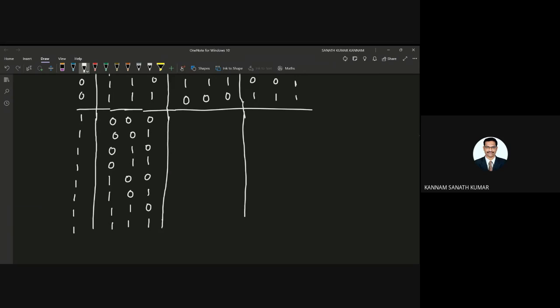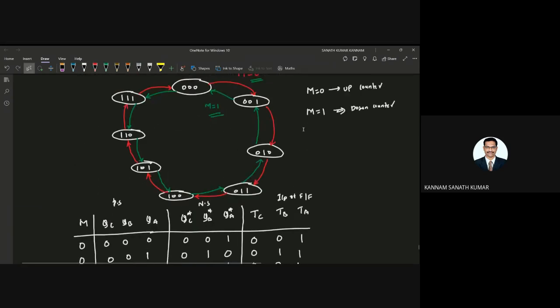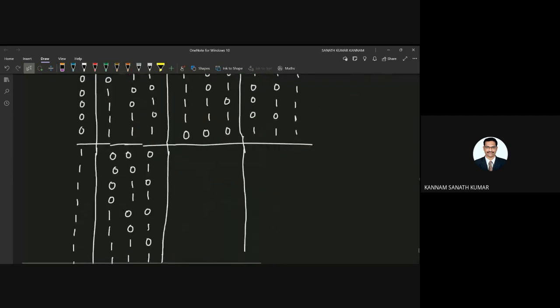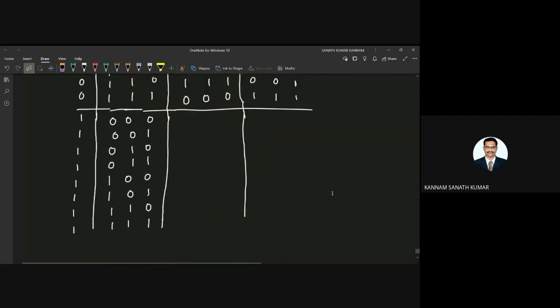So if you see this one, when it is 0 0 0, what is the next state? 1 1 1. Okay, when it is 0 0 1, what is the next state? 0 0 0. Again when it is 0 1 0, it will come to 0 0 1. So here I can write, when it is 0 0 0, the down count is 1 1 1, and when it is 0 0 1, you can see the state diagram and write the next state 0 0 0, and for 0 1 1 it is 0 1 0.